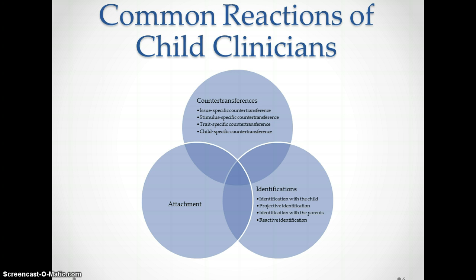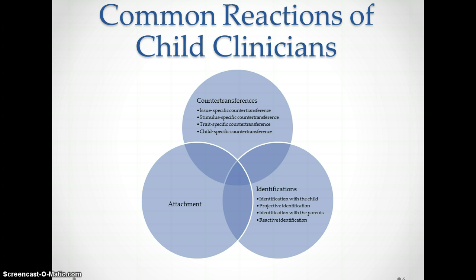In addition to countertransferences, Brems discussed identifications and their place in the therapeutic relationship. First, identification with the child implies that the counselor is empathically in tune with the client, but the counselor has also lost perspective and begins to relate to the child's environment as the child would. This is especially important to consider in light of the relationship between counselors and parents. Remember, you must retain an empathic stance with the parents too.